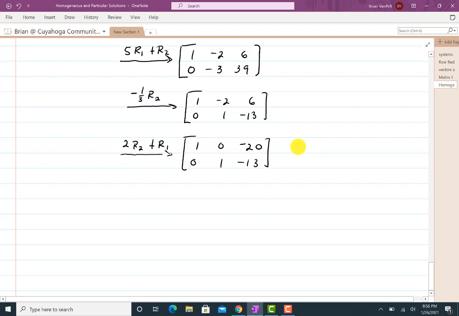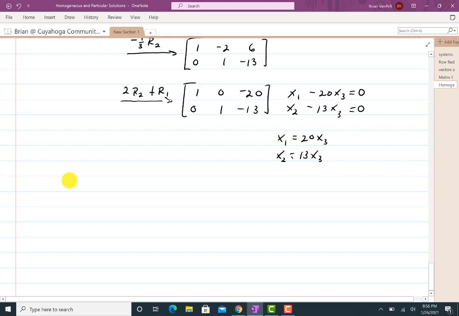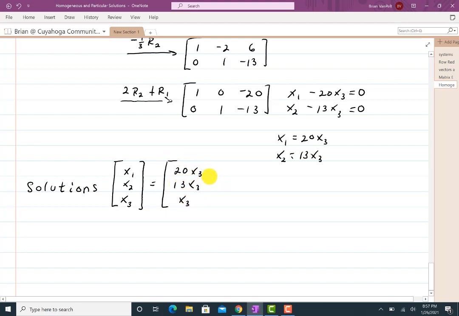And so when I go back to equations now, I get x1 minus 20x3 equals 0, x2 minus 13x3 equals 0. So what I can do then is say that x1 equals 20x3, x2 equals 13x3. So x1 and x2 are both written in terms of x3. For my solutions, here we have an infinite number of solutions. If I call it x1, x2, x3, x1 I'm going to put in 20x3, x2 I'm going to put in 13x3, and then x3 can just be x3. Or even better yet, I can factor the x3 out, and I'll be left with the vector 20, 13,